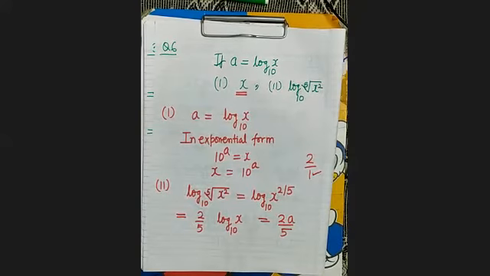Have you understood? Yes, sir. Now question number 8. 7 and 8 are of same type. Even 7, 8, 9, all the three are of same type. So I am going to explain the ninth one. In place of 7, 8, I am going to take 9. 7, 8, 9, all are of same type.